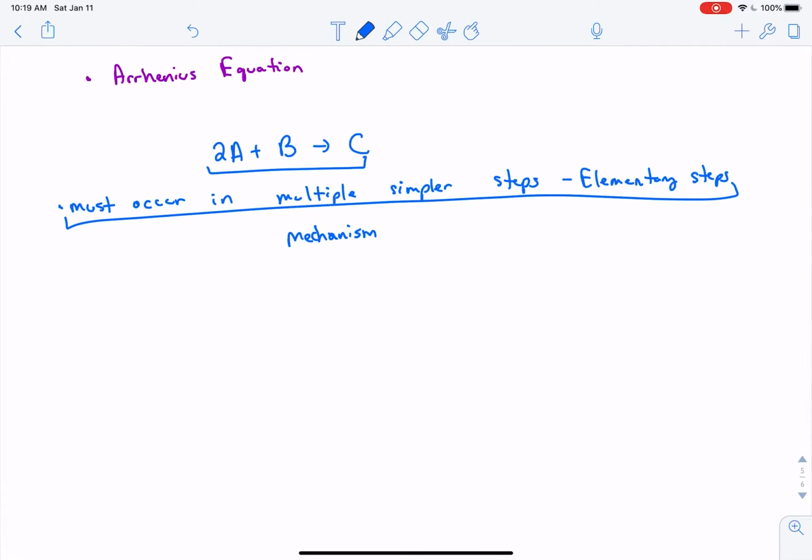And as we talk about this more and more, mechanisms are all experimentally determined, and there is possibly more than one correct answer to explain how a reaction occurs, even based on the data that you get. So while there are right and wrong answers for how it reacts, there could be more than one right answer that still completes our concept here. Okay? So